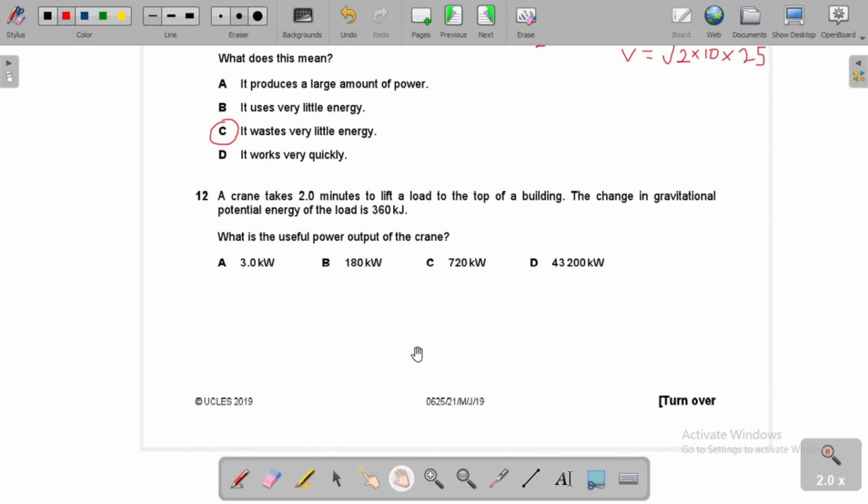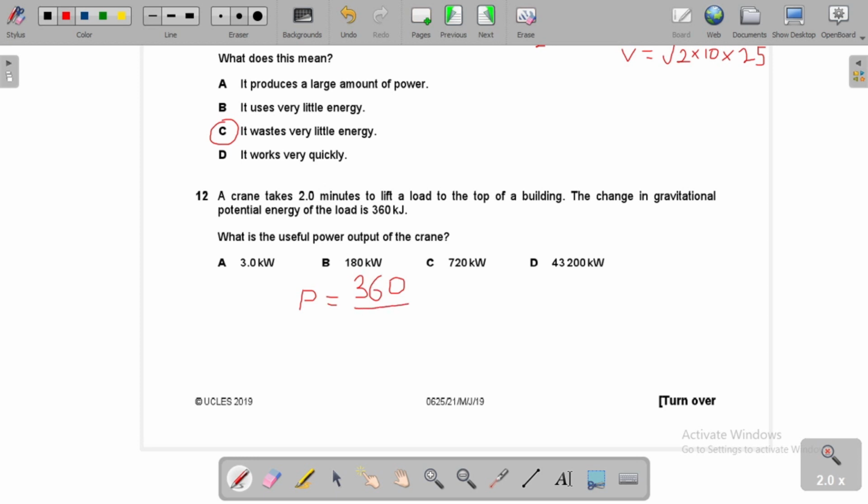A crane takes 2 minutes to lift a load to the top of a building. The change in gravitational potential energy of the load is 360 kilojoules. What is the useful power output of the crane? Power is just energy expended per unit time. So that means the power is equal to the energy. What is the energy? 360 kilojoule. That is 360 kilojoule divided by